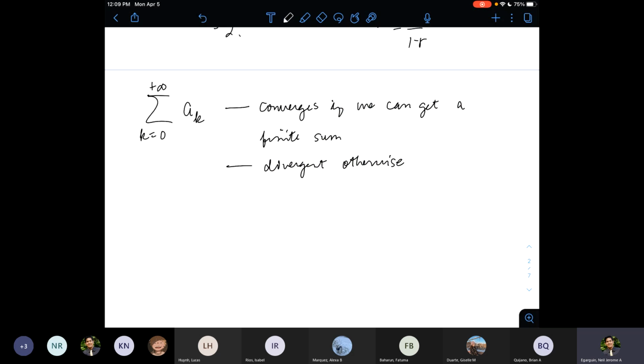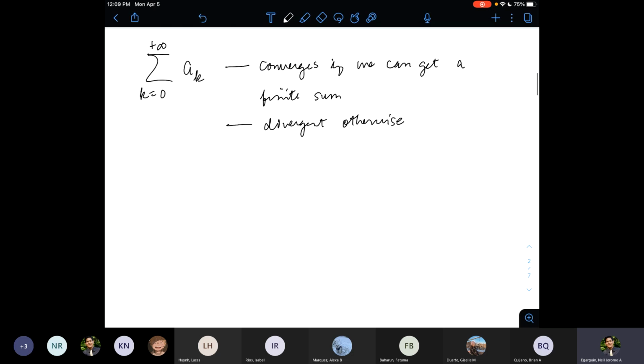Okay. Yeah, so this is the layman's interpretation of a convergent or divergent series. You have an infinite series. If you can get the finite sum, then it is convergent. If you cannot get the finite sum, either the sum will be infinite or there's no pattern at all, so we don't know what the final sum would be. It would be divergent, right? So for instance,